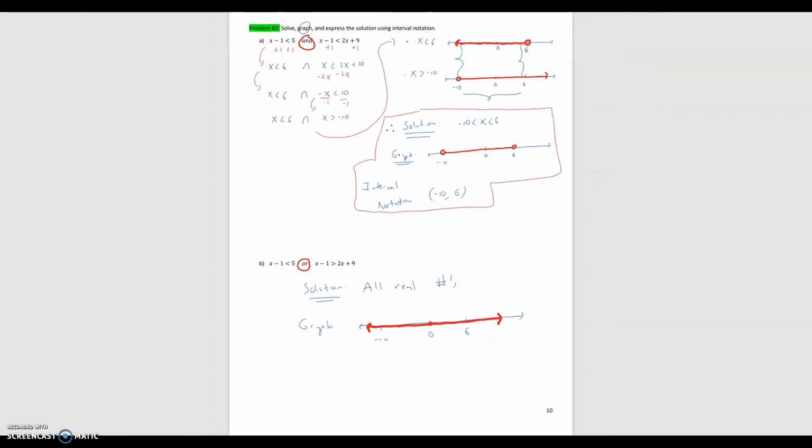And in terms of the union, we're looking at all real numbers. So your graph is going to be, well, technically a little bit of a thicker line above it and arrows on both edges. The interval notation, it's going